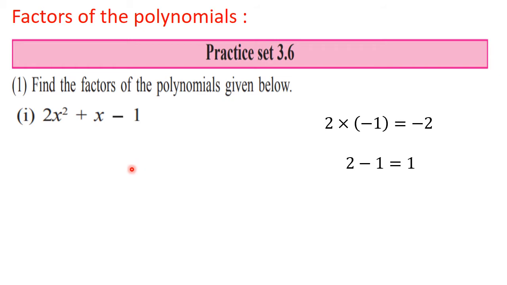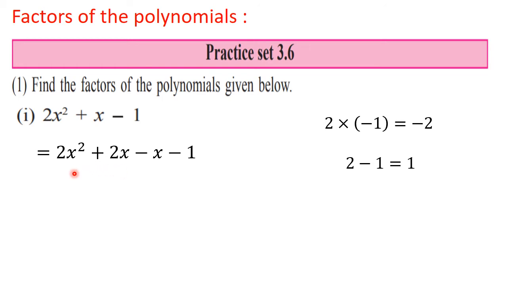So while writing the next step, the first term you will write as it is, that is 2x square. The middle term you will split. See the numbers here. So the middle term you will write as plus 2x minus x. 2 minus 1 is 1, so here you are getting the answer. And then write down the last term as it is, that is minus 1. This is a very important step. Once you write this step, then afterwards you can do all the steps correctly.